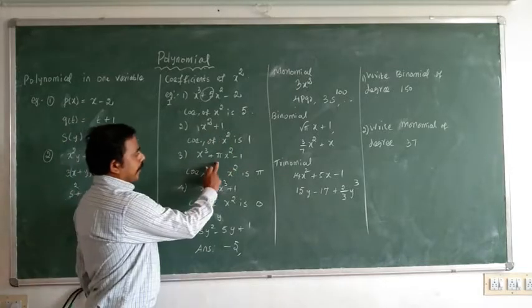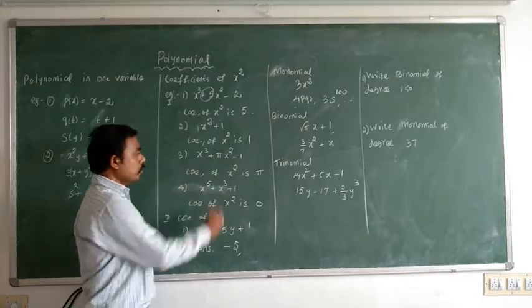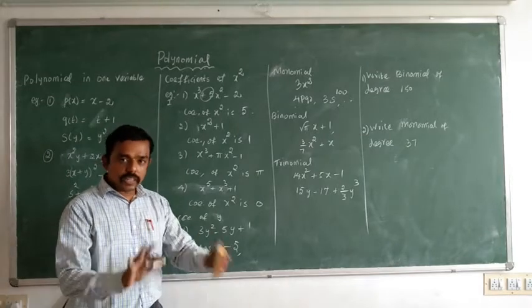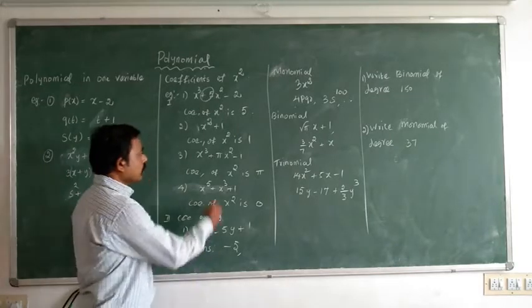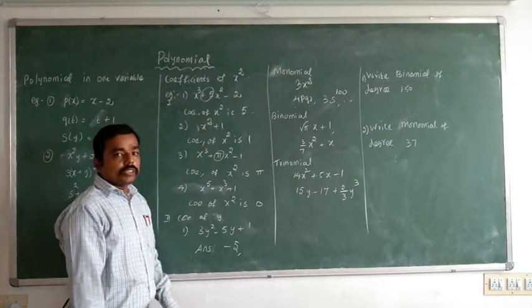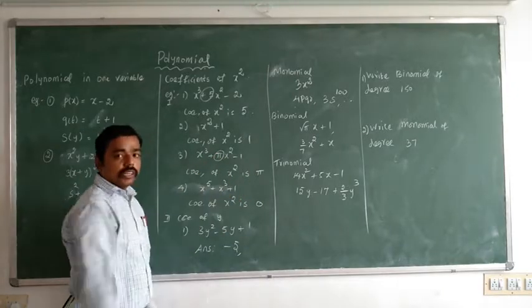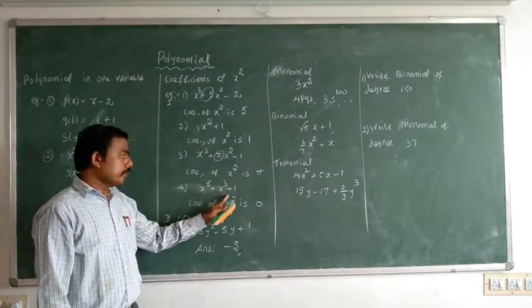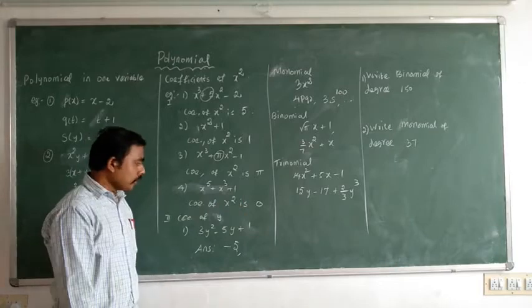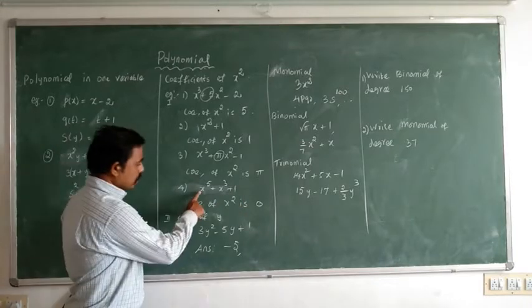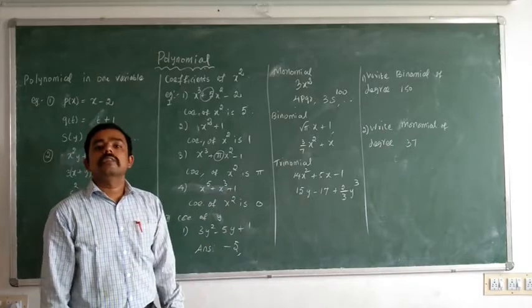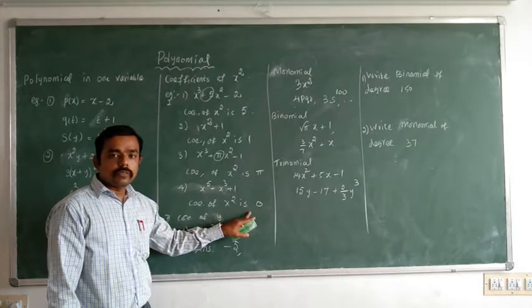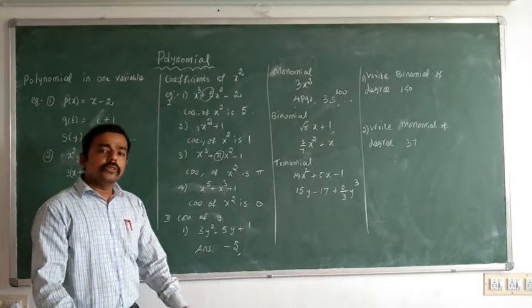Similarly, x power 3 plus pi x squared minus 1. Don't worry about pi, a fraction or the square root of any number; that number is the coefficient. Now the coefficient of x squared is plus pi. We need to look at the sign also. Suppose we have the expression x power 5 plus x power 3 plus 1, and we need to write the coefficient of x squared. Check that there is no x squared term in that expression, so the coefficient of x squared is 0.